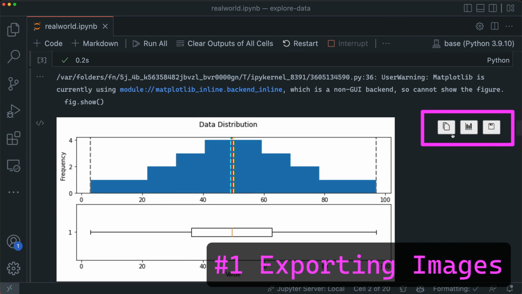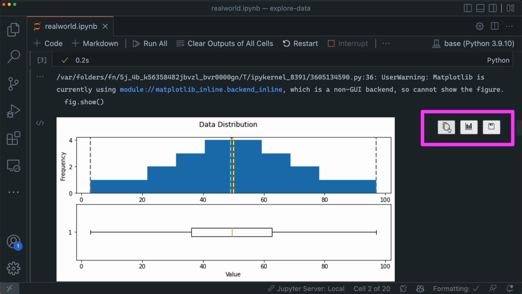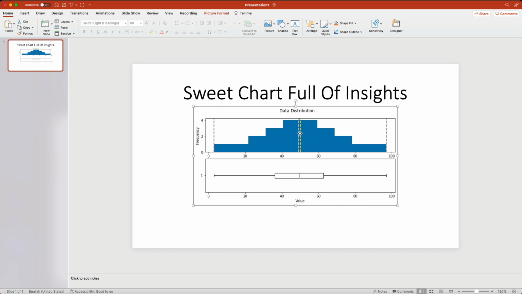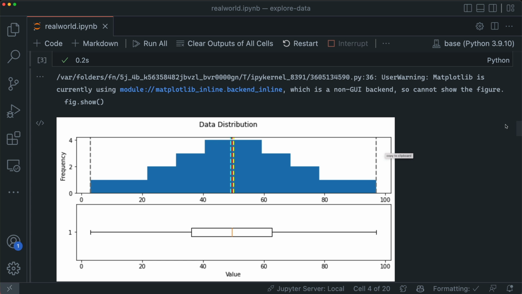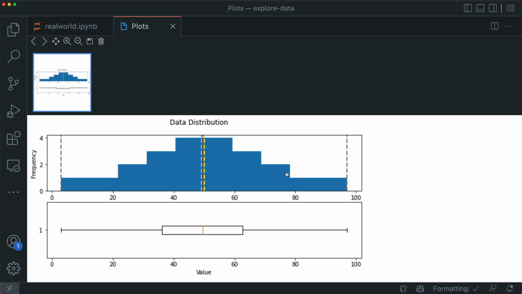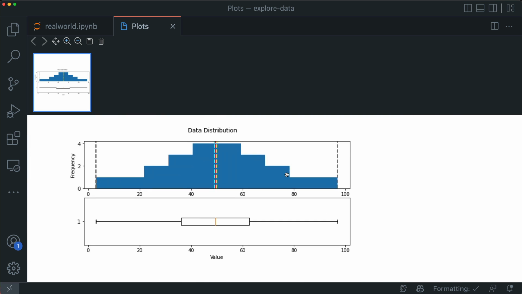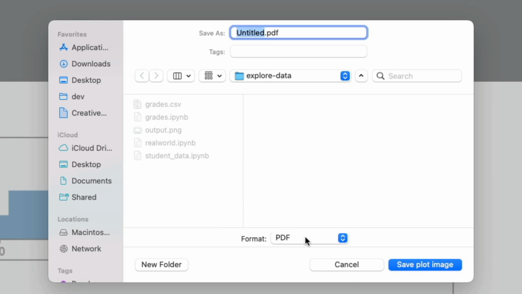of ways to export it as an image? You can use the copy button to copy it directly out to another program, like say a PowerPoint presentation. You can also save that plot using the Save button. But if you click the Expand Image button, this will open the image in a viewer where you can pan and zoom around on the image. And if you save your image from here, you can actually pick between PDF, PNG, and SVG as the output